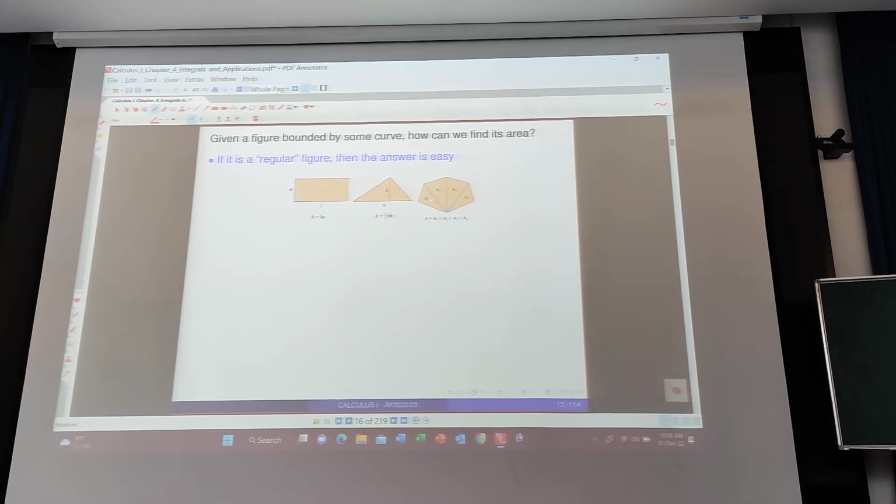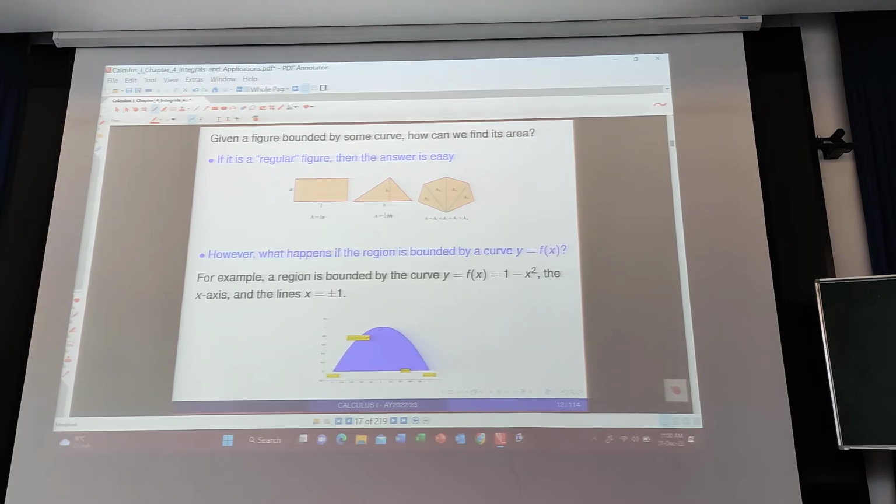And in polygon case, you start from one fixed vertex, joining by diagonal to other vertices, and you divide the given polygon into many triangles, which you can compute every area and sum up. Okay? But if the figure is not familiar to you, not regular, not popular, for example,